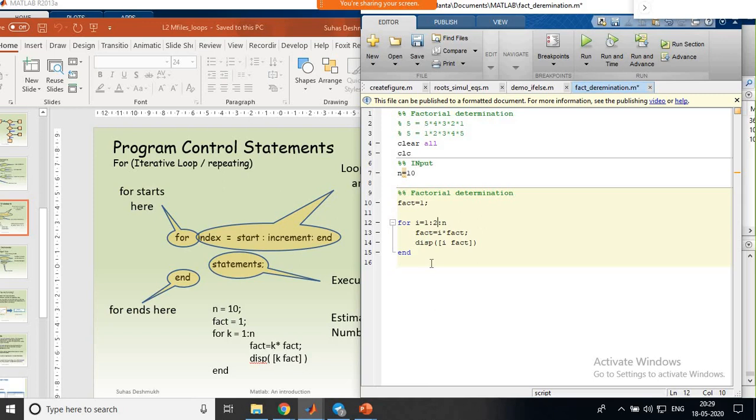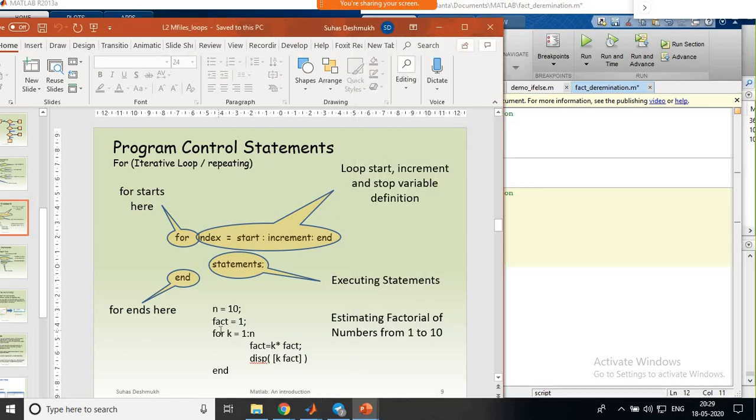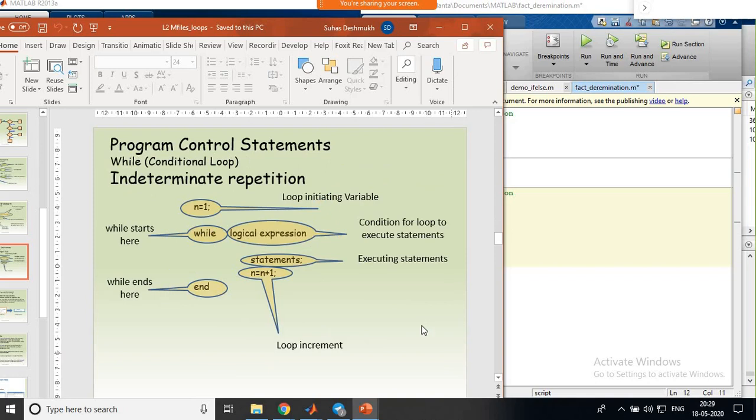Then the second index number will not be 2, but it will be plus 2. 1 plus 2 becomes 3. 3 plus 2 becomes 5. 5 plus 2 becomes 7. Likewise, it will go till the value of n. So that is the way this for loop works. It means you know the fixed number of iterations. In that case, this type of loop will be used.